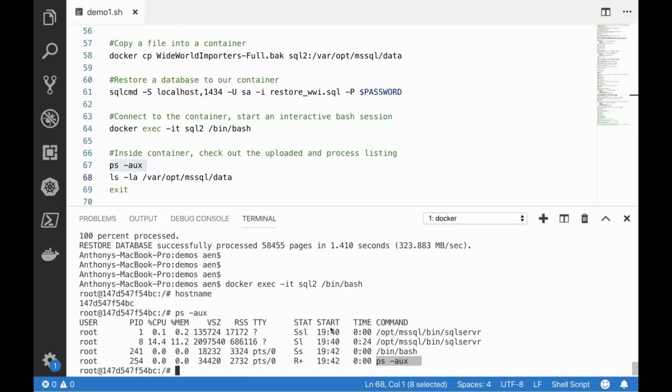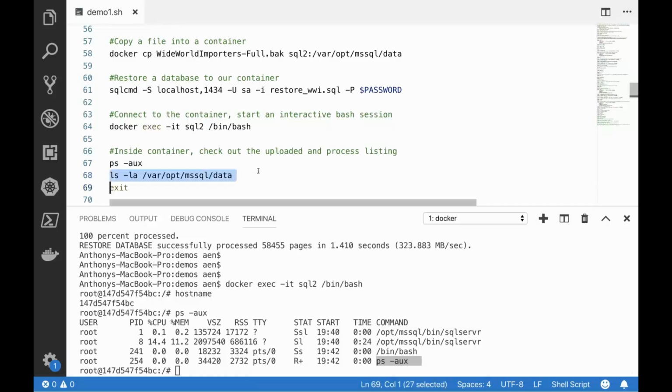So we get this view of the world, which is totally isolated from anything else that's running on this computer. Normally we would see all of the other processes and things that are executing on our platform, but due to the container, we have this private little place that we can run our SQL Server in.